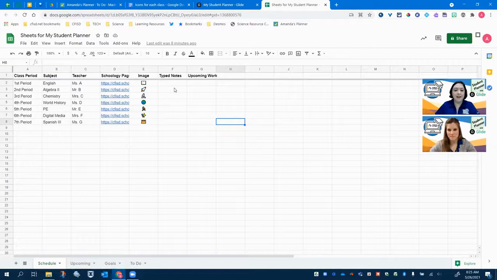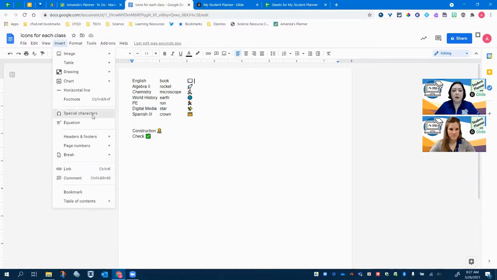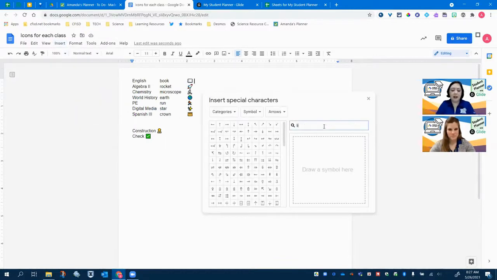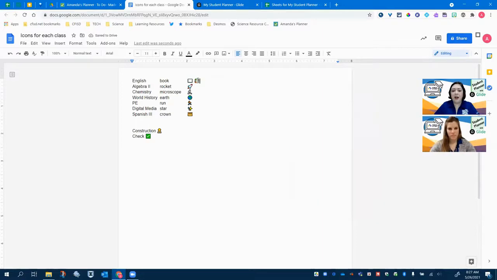Awesome. Yes. And then part of the fun part are these images. These are just images that I pulled over from a Google Doc. So it's very simple. I just decided that English was going to be a book and then kept track of the icons. If you haven't done this before, all I'm going to do is go to Insert and Special Characters. And let's say I want to do a book, but I want it to be a different type of book. Or maybe I like this stack of books. All I'm going to do is search for the keyword and then click on the picture. And now that it's in this file, I can just highlight,